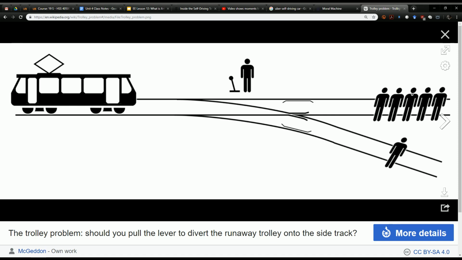And it seems, look, there's 5 lives here, there's 1 life here. If these are just random people, if you don't know who they are, if you have no personal connection to them, then it seems better to save 5 lives than 1 life, right? If you're able to save lives, and you have a choice between saving 5 lives or 1 life, it seems like you save the 5 lives. And so it seems like the right thing to do is pull the lever. So this is a sort of general thought experiment for thinking about how we make decisions, what are the moral consequences of those decisions. In the AI